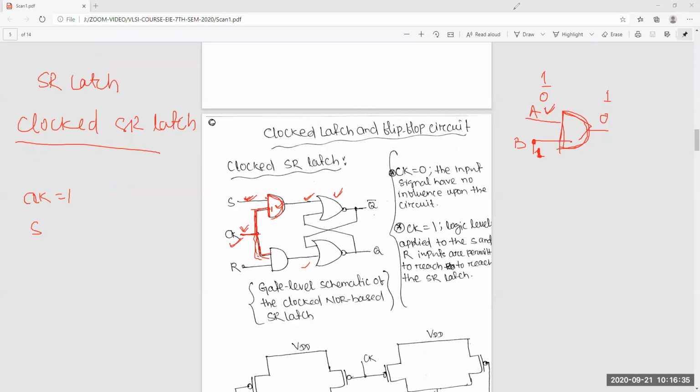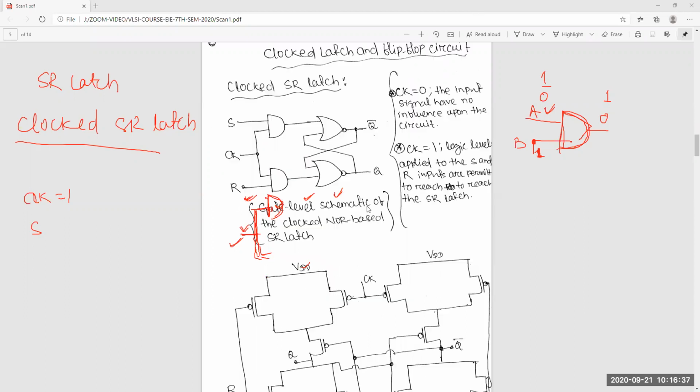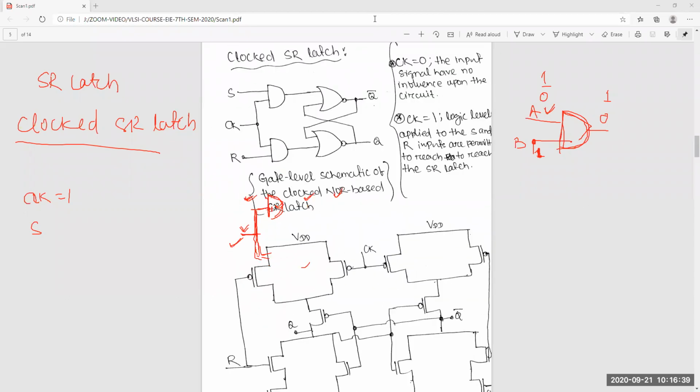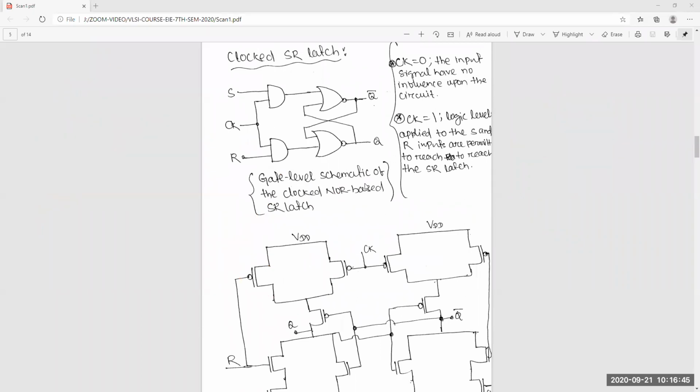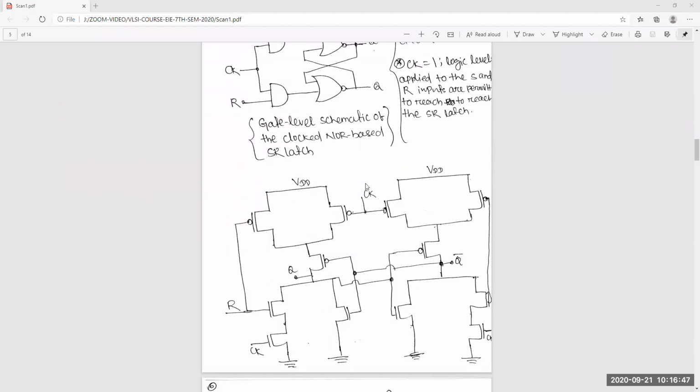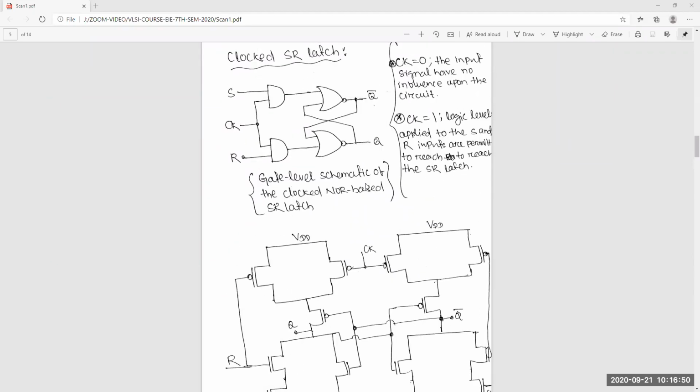Similarly, you can see the circuit here. You can remember in combinational circuits what we discussed: the complex circuit, complex logic.